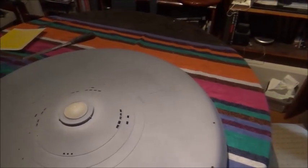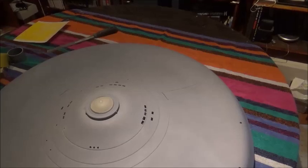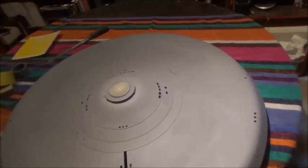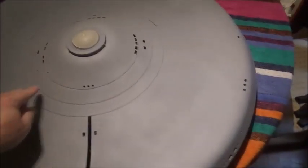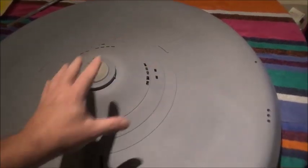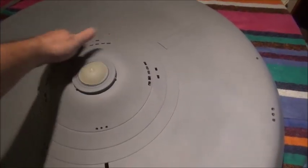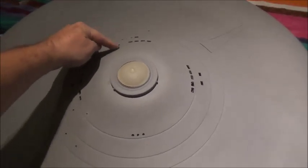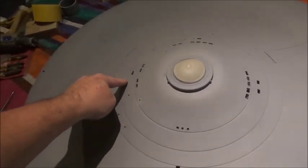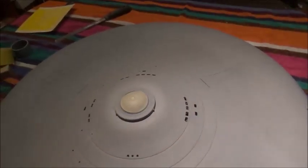and this is where my theory on symmetry kind of falls down, because the entire underside of the saucer was on camera, except for maybe this back quadrant here. They probably showed the underside of the saucer more times than they showed the top side. So the fact that these little windows here aren't here doesn't bother me. This is not symmetrical to this, but I don't think it was intended to be. This is not symmetrical. It's got these two little boxes that go here, but the underside of the saucer, with the fact that it's got a hatch here and one window and two windows over here, that doesn't bug me